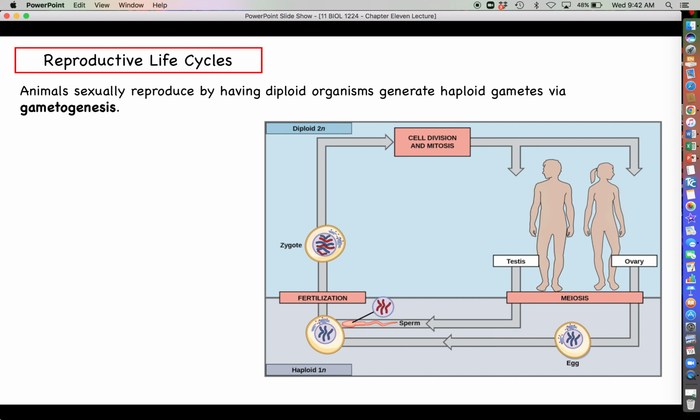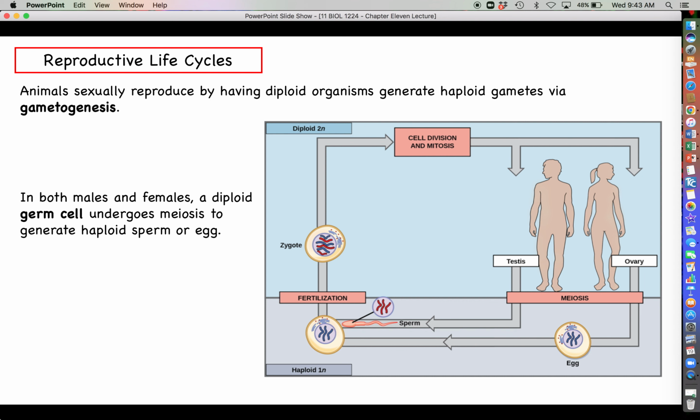So again, we are diploid organisms and we generate haploid gametes via a process called gametogenesis. Gametogenesis involves meiosis of a type of diploid cell called a germ cell, which is called a spermatogonium in males and an oogonium in females. This diploid germ cell, which has 2 copies of each chromosome, will go through both meiosis 1 and meiosis 2 to produce immature haploid gametes